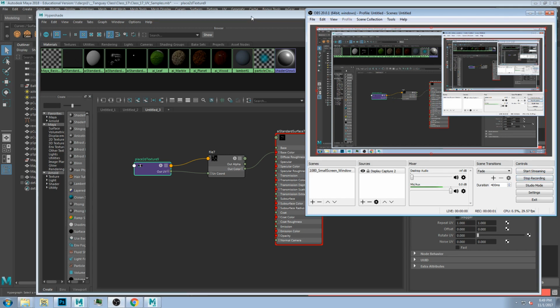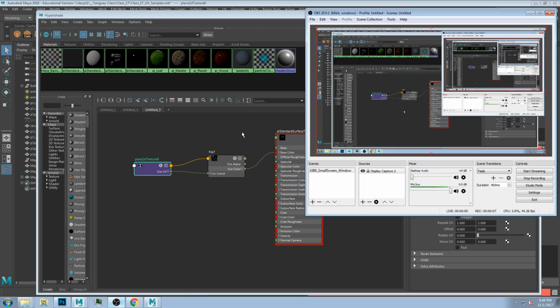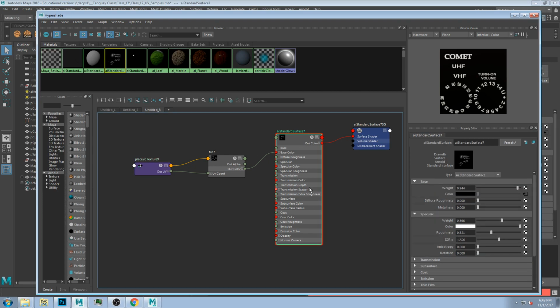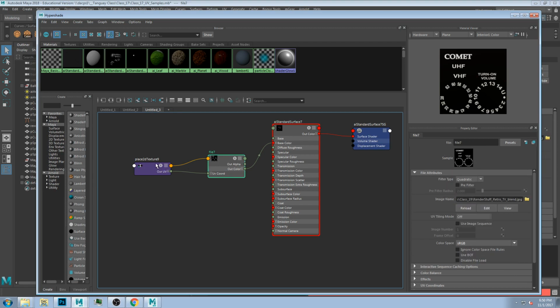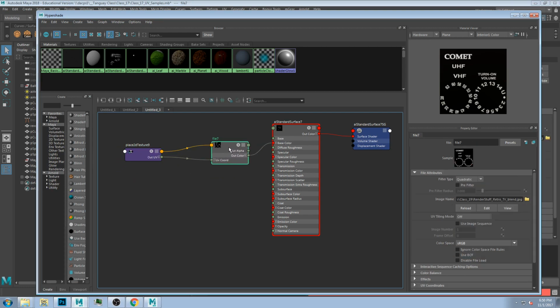Back to Maya real quick. I did skim over this. We talked about how you can take a surface, here just an Arnold shader, and I plugged a file in here. I'm sure you guys noticed as we went along, when I select file, I get this node too, right? So Maya is smart enough to